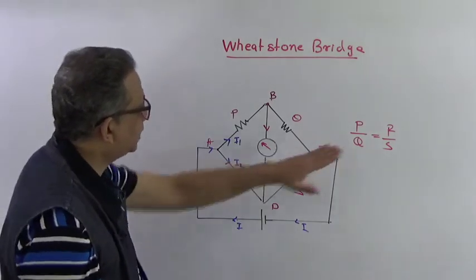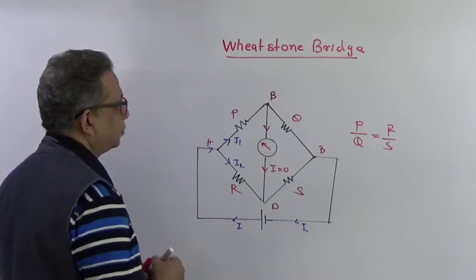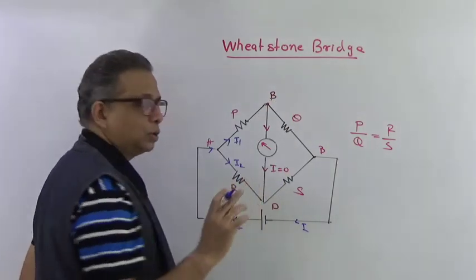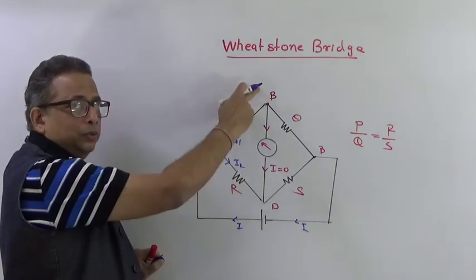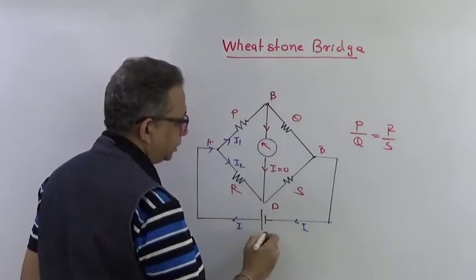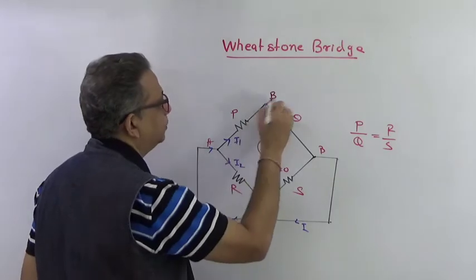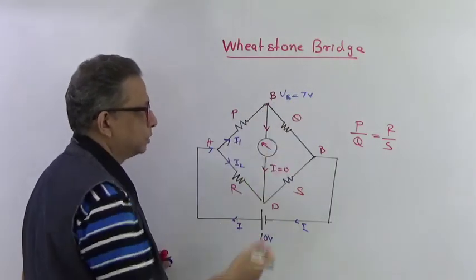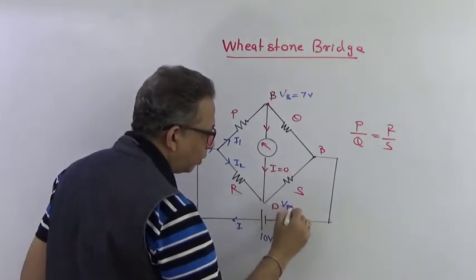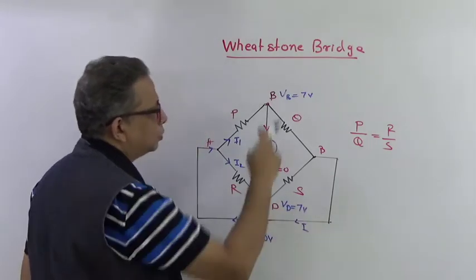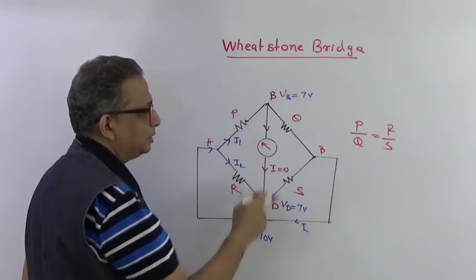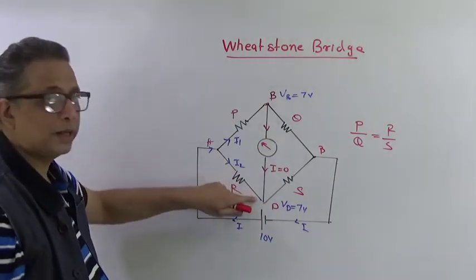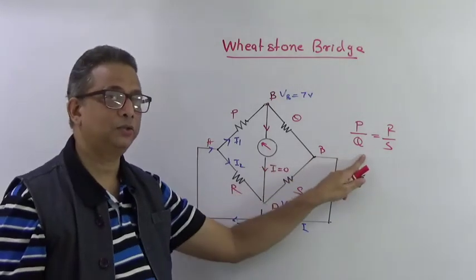And higher potential is a positive potential, lower is the negative potential. So when this condition is met, the voltage difference between B and D, I am not saying that the voltage at B is 0. Suppose this was a 10 volt battery and the voltage VB is equal to say 7 volt because of certain drops, then VD also will be equal to 7 volts. So voltage VBD will be 7 minus 7, that is 0. So the difference of voltage between B and D becomes 0 when this condition is met.